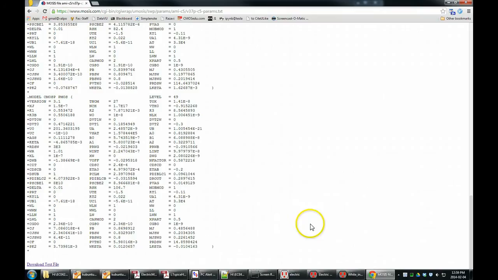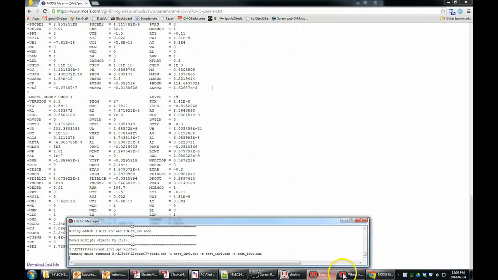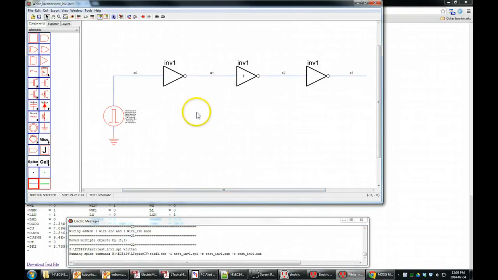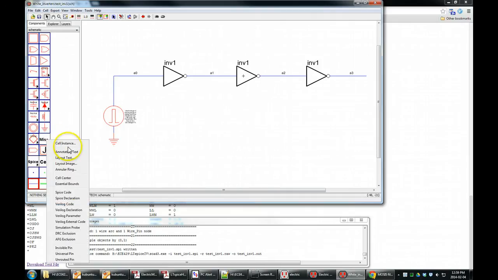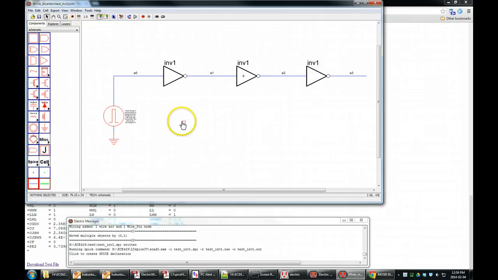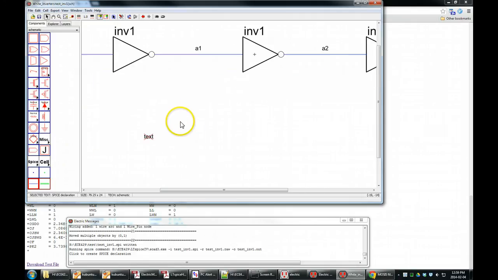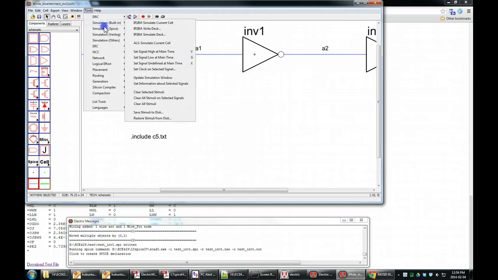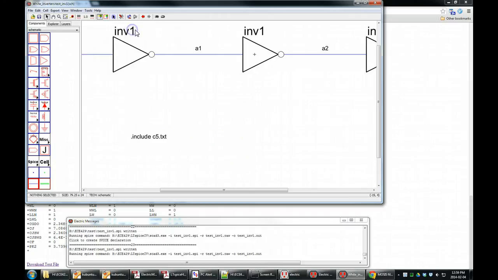Let's go back to Electric. So how do we get that? Well, let's do miscellaneous spice declaration. We're pretty much adding some text to our schematic, but it's a spice text, and we say .include c5.txt. Click off. Now, if we say tools, simulation spice, write spice deck,